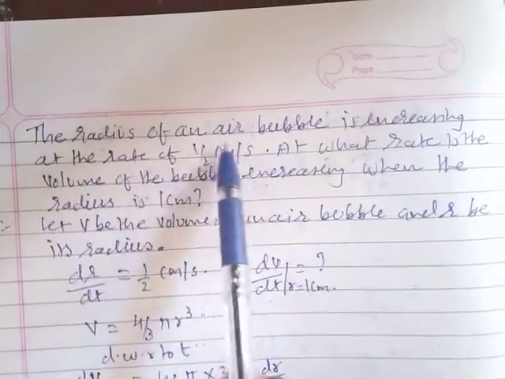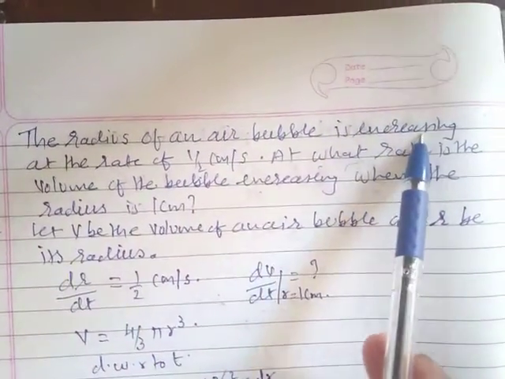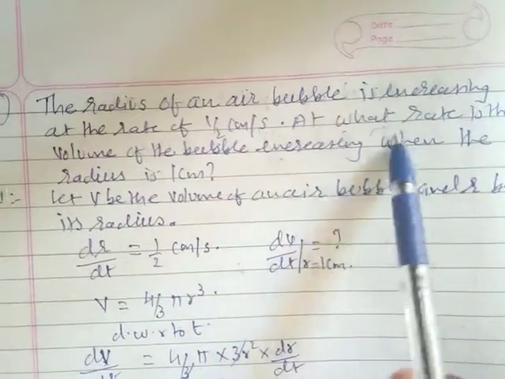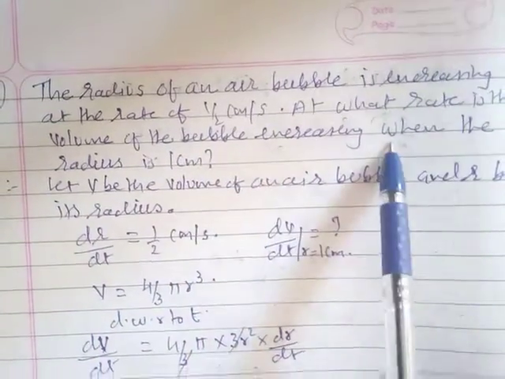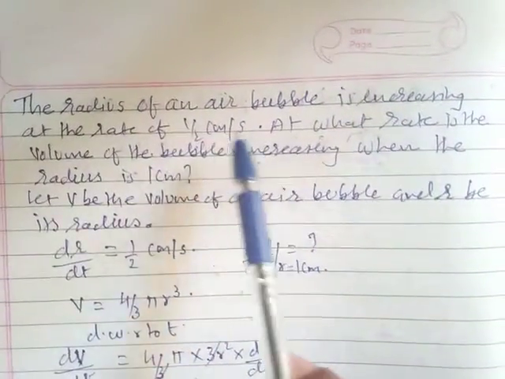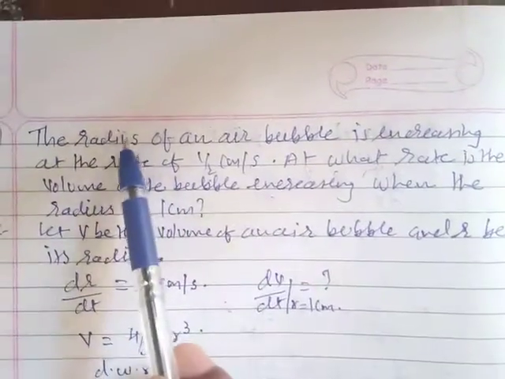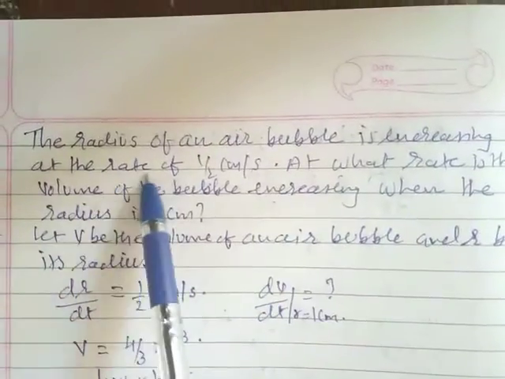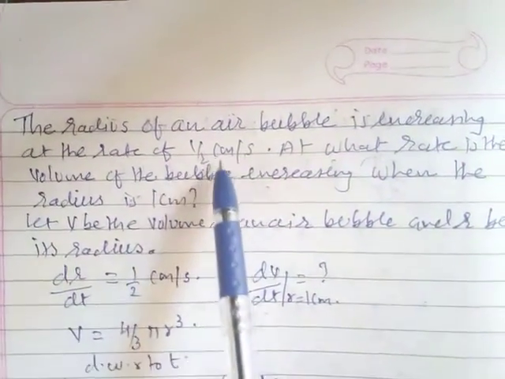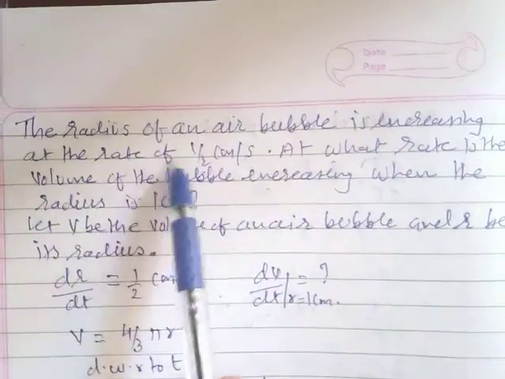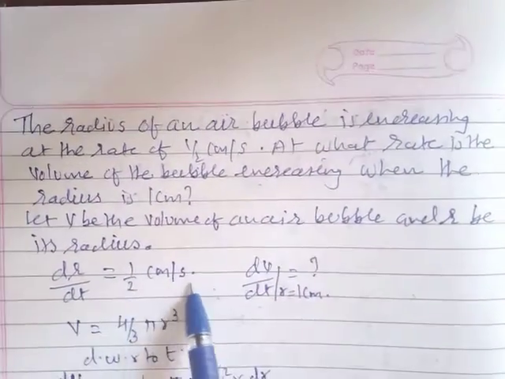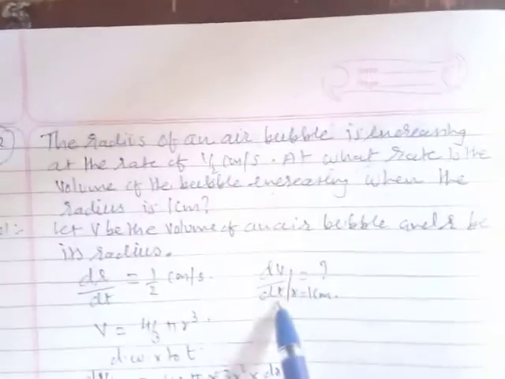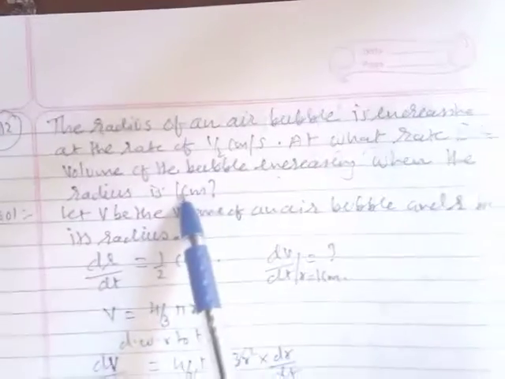The radius of an air bubble is increasing at a rate of half centimeter per second. At what rate is the volume of the bubble increasing when the radius is 1 cm? That is pretty easy. You know the radius rate, so dr by dt is half centimeter per second. At what rate? Rate means dv by dt, the volume,